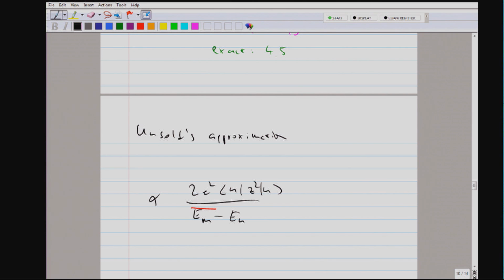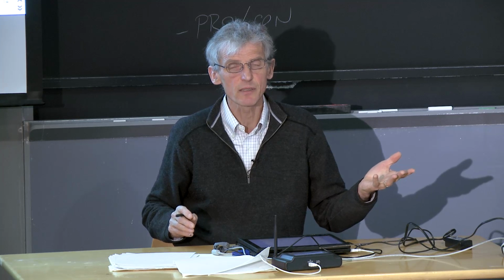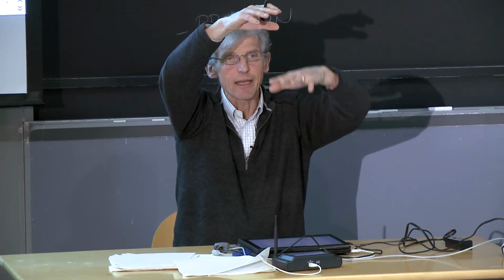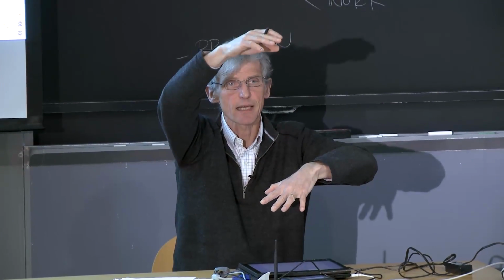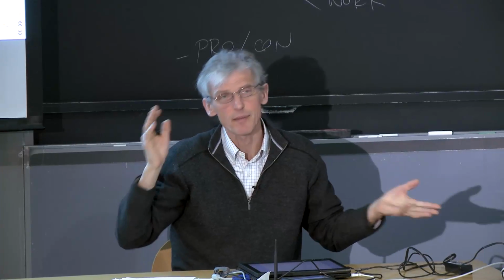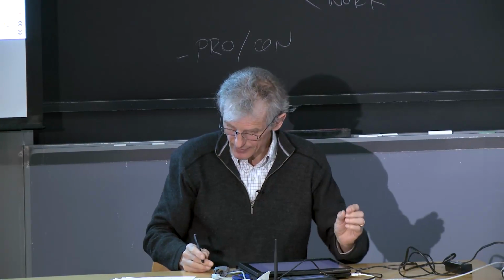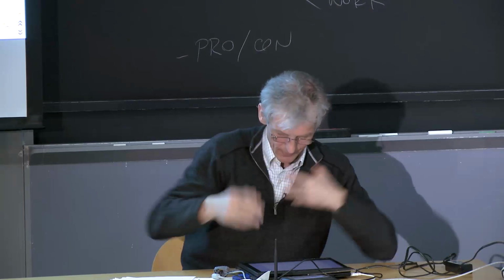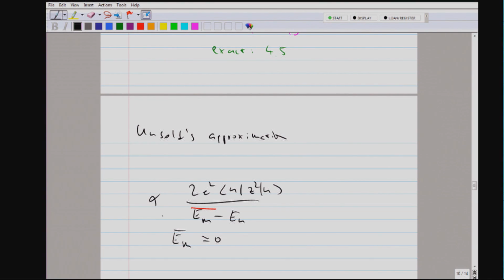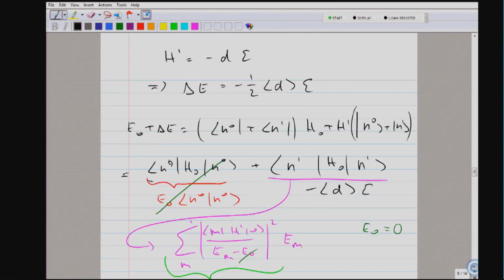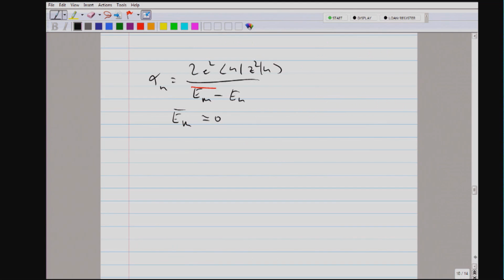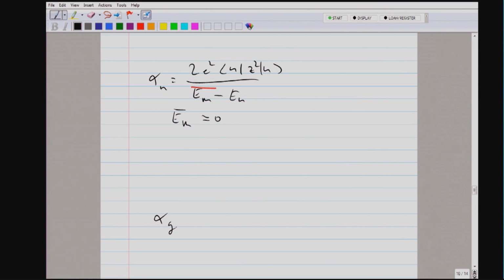And we can even assume that in the energy denominator, the excited state energy is negligible. The hydrogen atom has a binding energy of 1 Rydberg, and the first excited state has a quarter Rydberg. So at the 25% level, we can set that to 0. So I'm waving all my hands, but I'm getting a simple expression for the polarizability in the ground state.